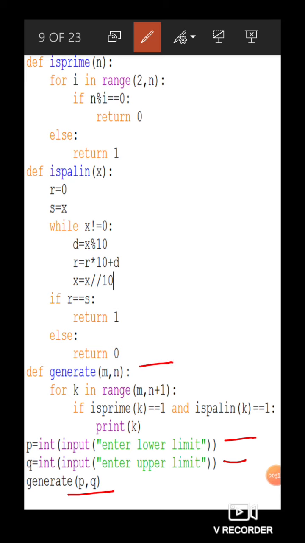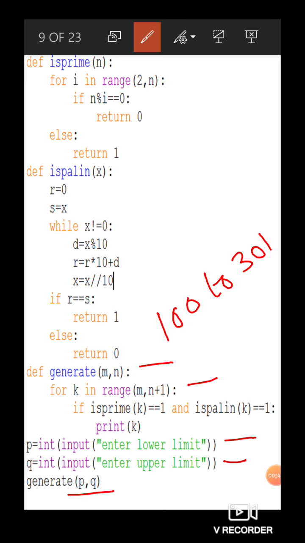Now we are running a loop from m to n plus 1. So suppose the value of m is 100 and the value of n is 300, then this loop will run from 100 to 300 plus 1, that is 301. So the range function will work for 100 to 300 only.